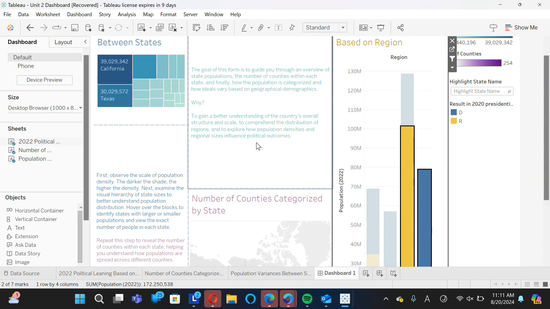Alright, in conclusion, the dashboard provides valuable insights and relationships between each